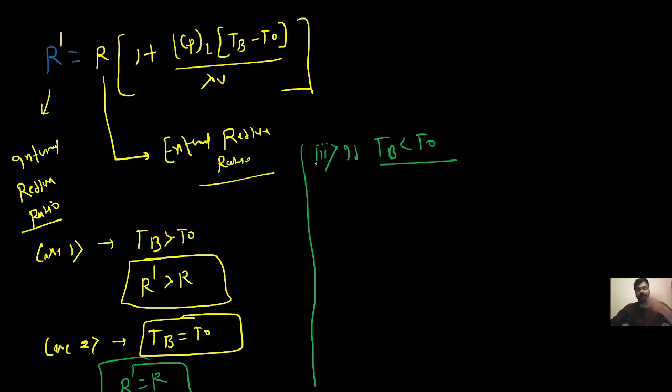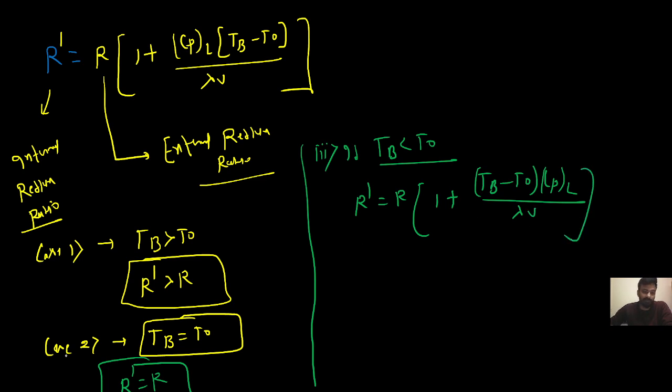So you can write R dash is equal to R into 1 plus Tb minus T naught, Cp of L upon lambda V. So the whole term becomes negative, because Tb is less than T naught. So R dash,